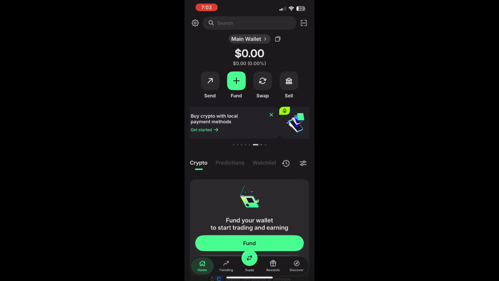If you don't have the recovery phrase anymore, the wallet unfortunately cannot be recovered, so always keep that phrase backed up